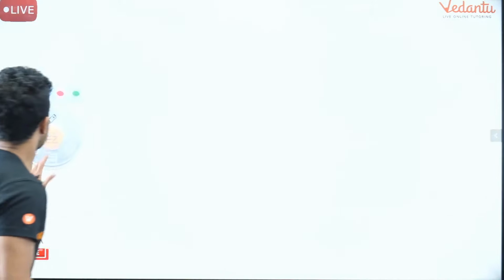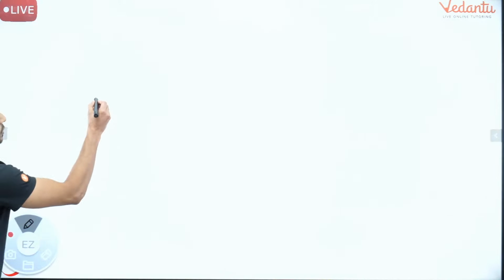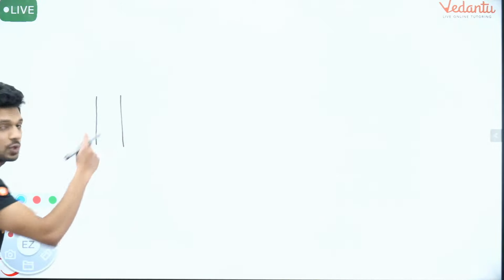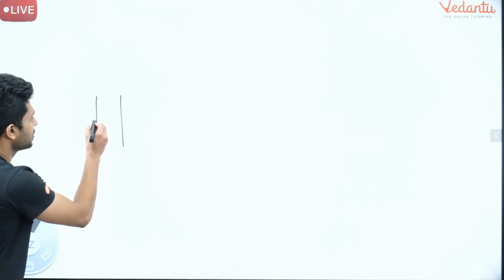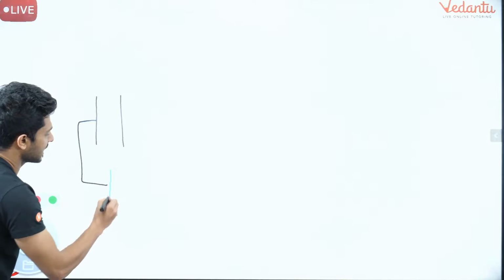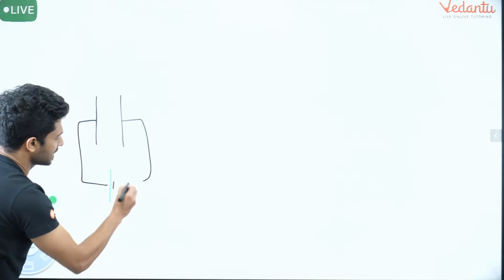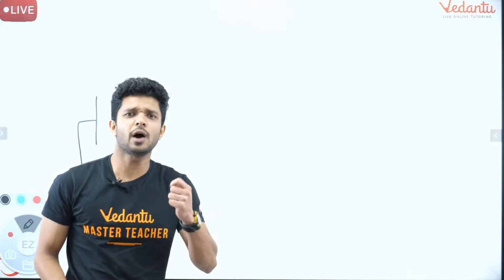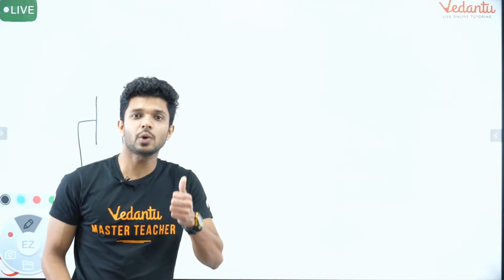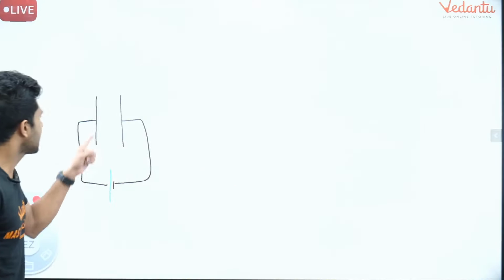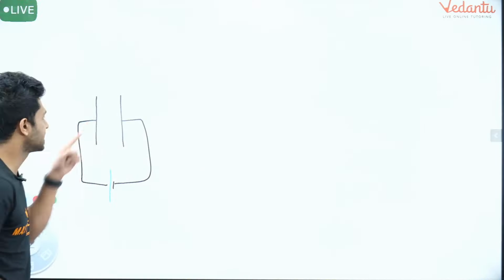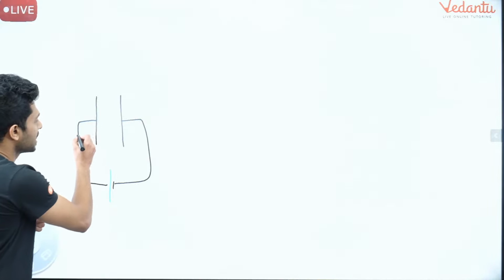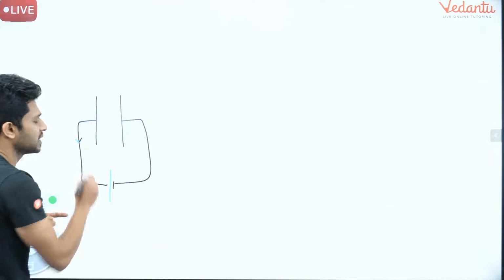Okay, so we'll be having two plates like this which will be parallel to each other, and whenever we connect it across an external potential, what will happen? The charges will start getting stored in it. How will this happen? Because whenever you apply a potential difference between these parallel plates, here as it is having a positive potential, the electrons will start flowing in this particular direction.